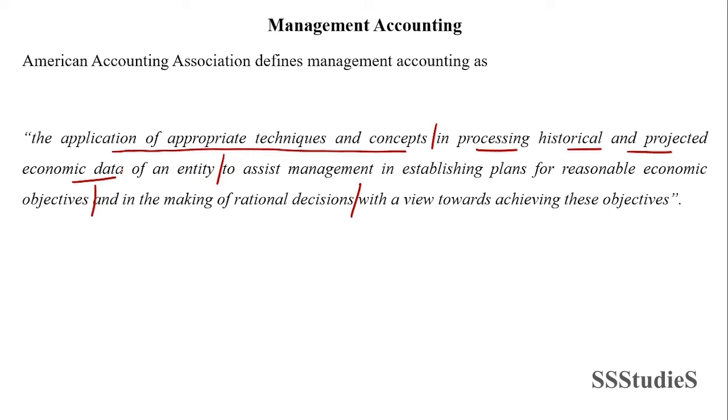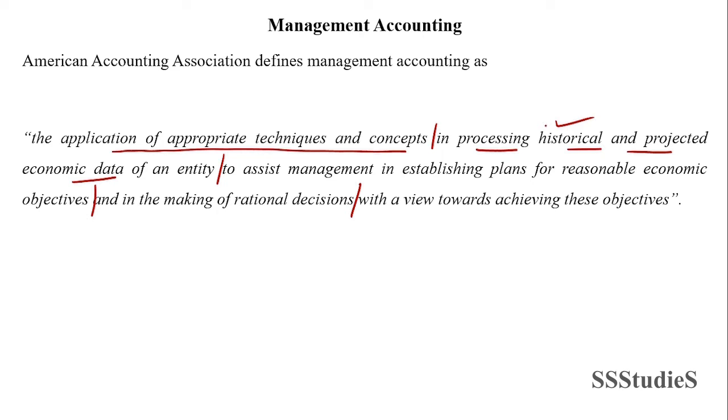Now this data or this information is usually taken from financial accounting and cost accounting. So management accounting per se is highly dependent on financial accounting and cost accounting for its data. Now, these data are either in the form of historical data. For example, financial accounting is historical in nature. It is a sort of post-mortem, in the sense that the transactions are already incurred and the entries are made in the books of accounts as and when the transactions happen. As such, it is historical.